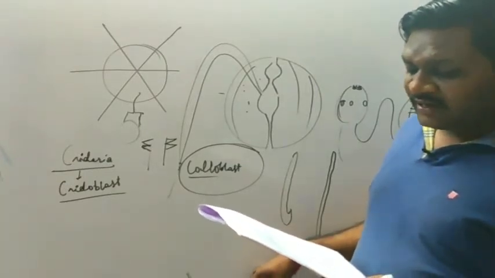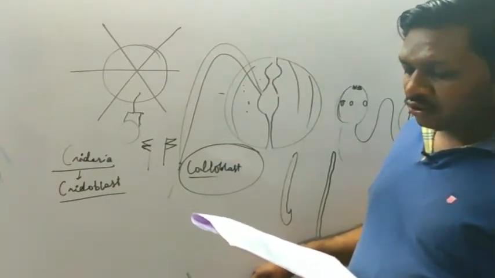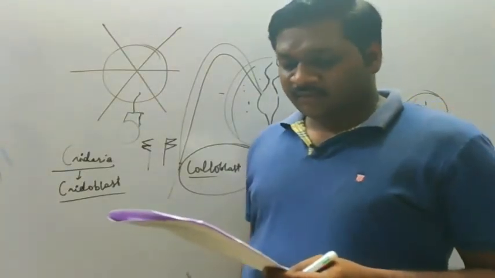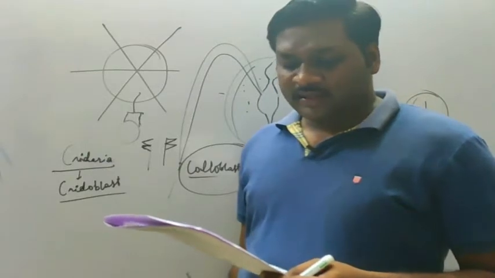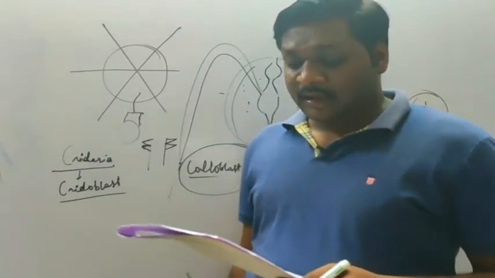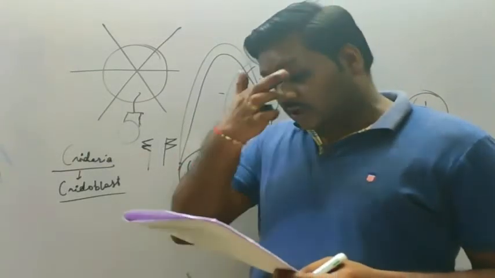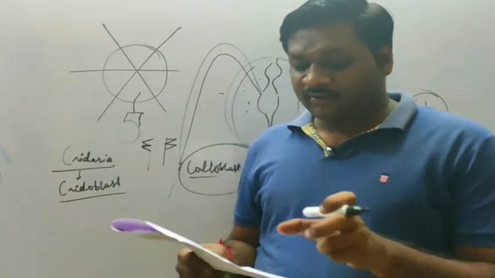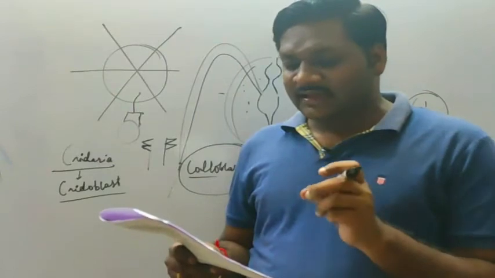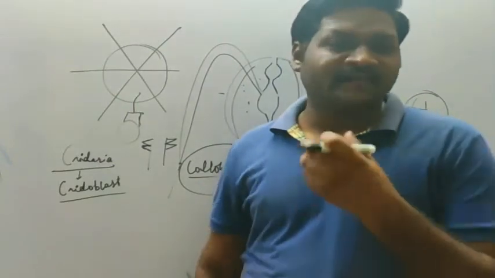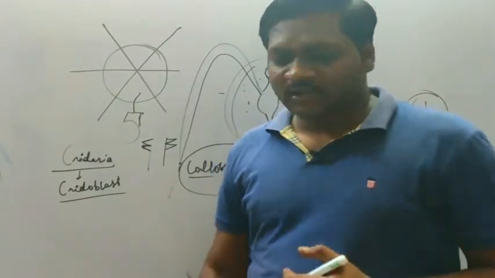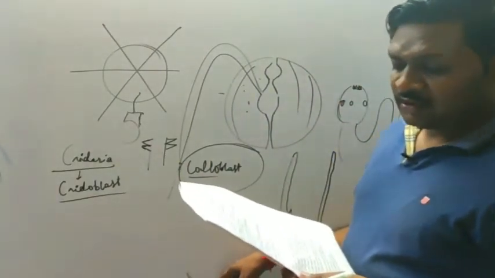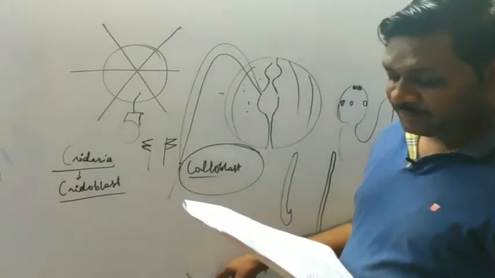144, what is common between earthworm and cockroach? Okay, see the options: nephridia, solid ventral nerve cord, cuticle, Malpighian tubule. So in case of earthworm and cockroach, the common property is the solid ventral nerve cord. They have the solid ventral nerve cord. Okay, so that is the correct answer for the question number 144. That is option number B.